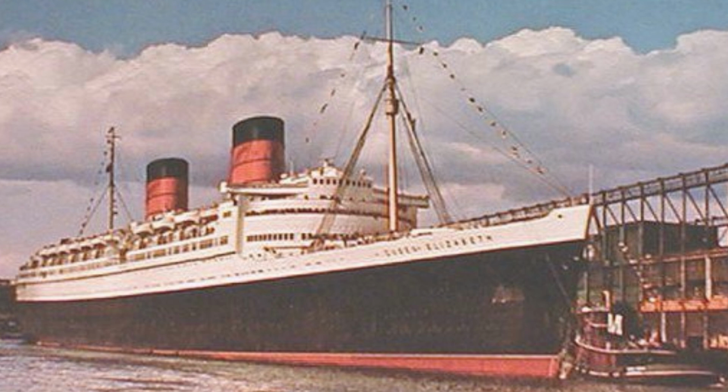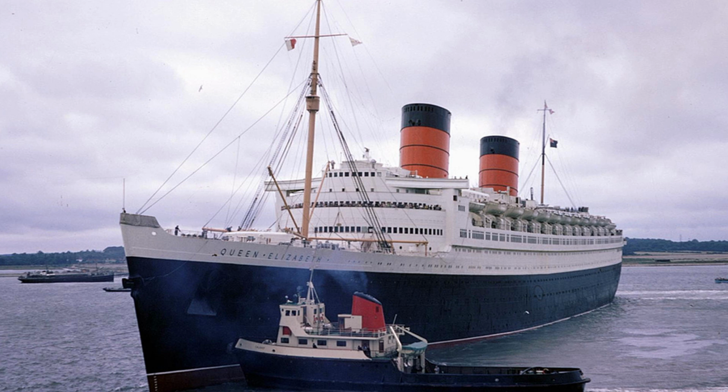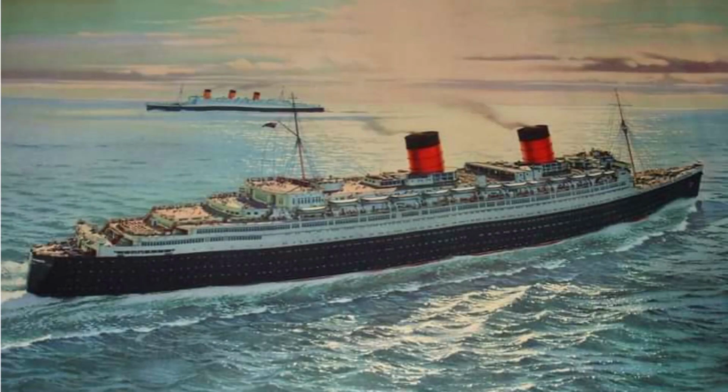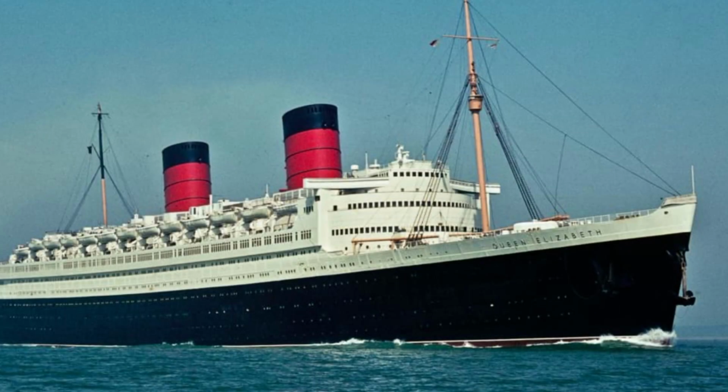After the war, the Queen Elizabeth underwent a refit to return to civilian service. She embarked on her delayed maiden voyage from Southampton to New York on October 16, 1946. For over 2 decades, the Queen Elizabeth operated alongside her sister ship, the Queen Mary, offering transatlantic passenger service. This era was marked by the height of luxury travel by sea, with the ship becoming a symbol of elegance